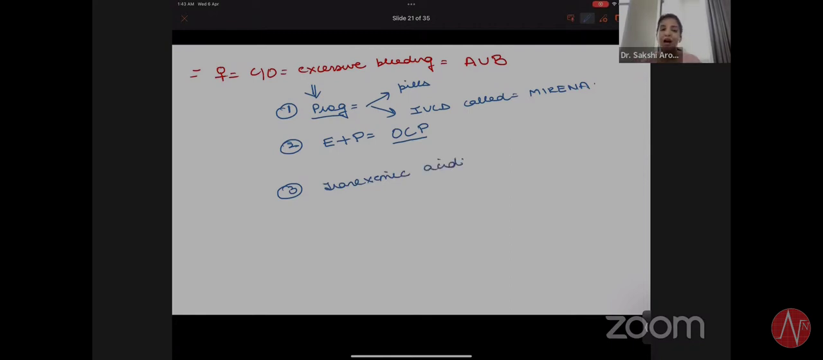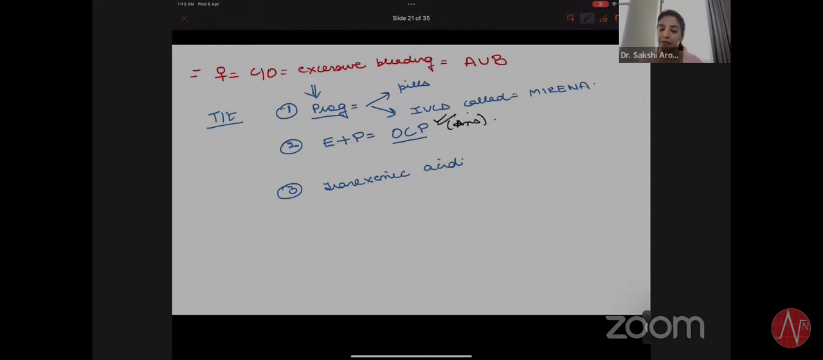So the 3 drugs which you can use in all females who come to you with atypical uterine bleeding are progesterone, estrogen plus progesterone, that is oral combined pills, and tranexamic acid. Now, this one concept which I'm going to teach for just 2 minutes is for the foreign medical graduates, right? If you are asked which drug you are going to prefer, progesterone or oral combined pill or tranexamic acid, your answer will be